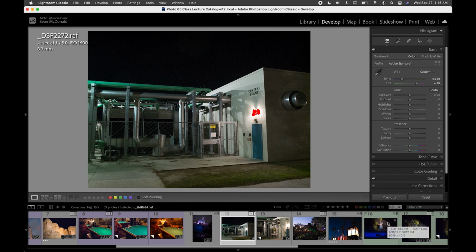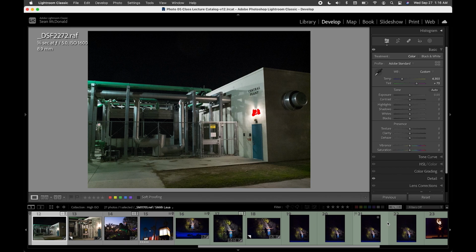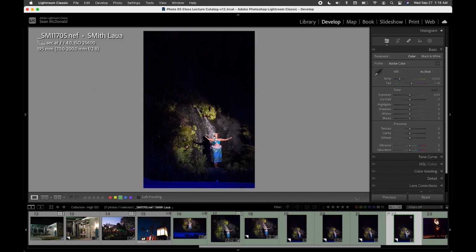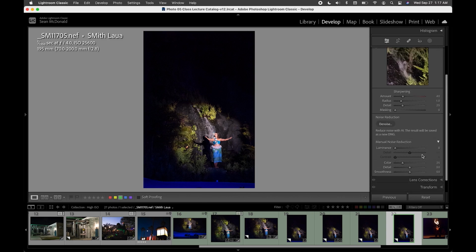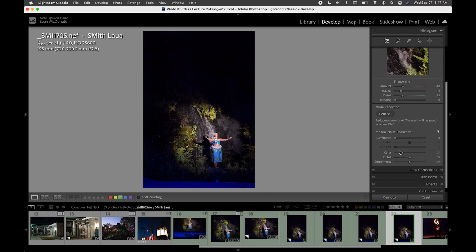Okay, so you are ready to process your image. For the purposes of processing your images, we need to take this image and do noise reduction. And as you guys saw in previous lectures, you can use the sliders to do this manually. As I noted, it also has an amount of noise reduction applied by default. If I go into the detail panel, you can see that this image had a 25 slider of